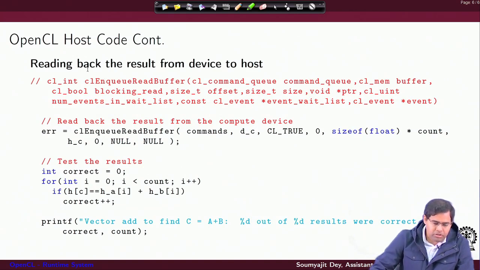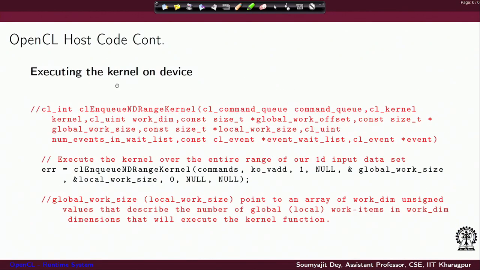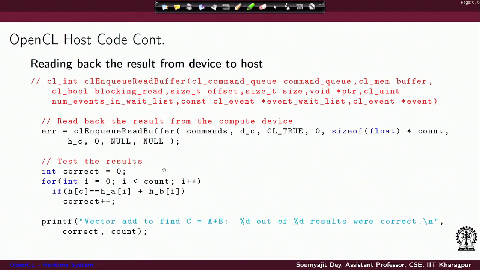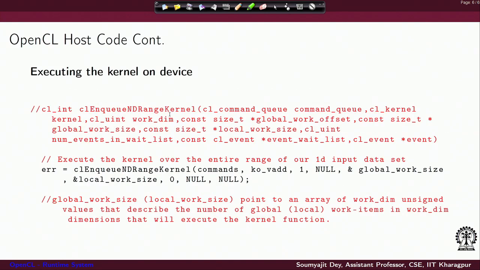Now let us come back to the execution of the host program that we are discussing. Once we have enqueued that kernel, after its execution we would like to read back the values that have been written by the kernel.